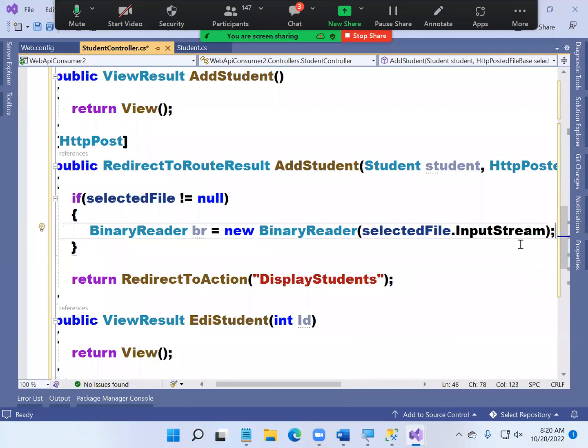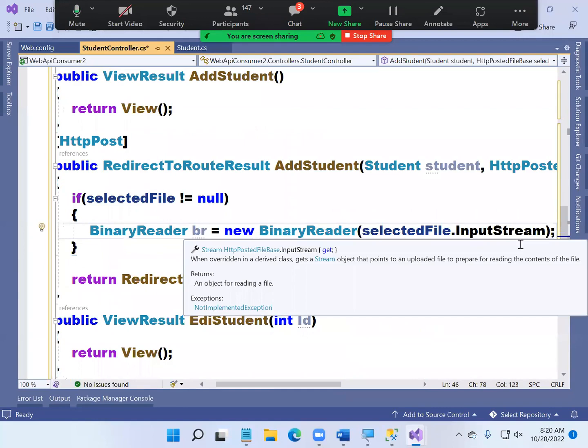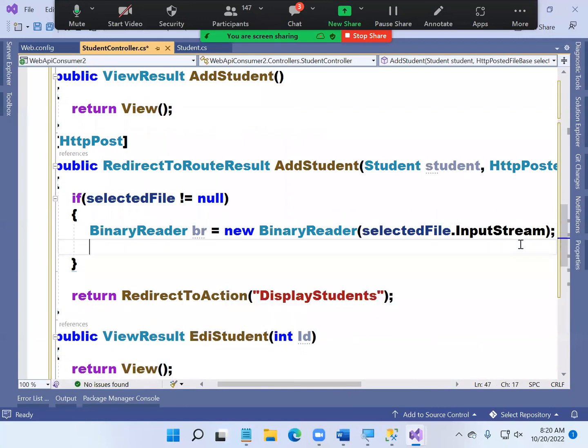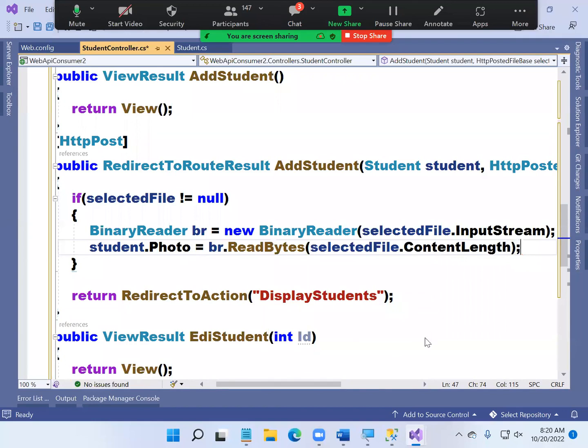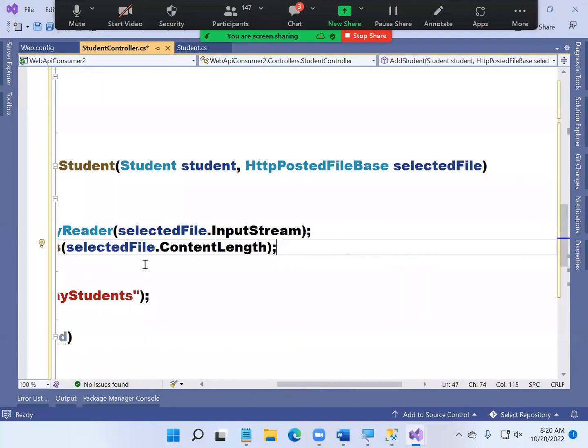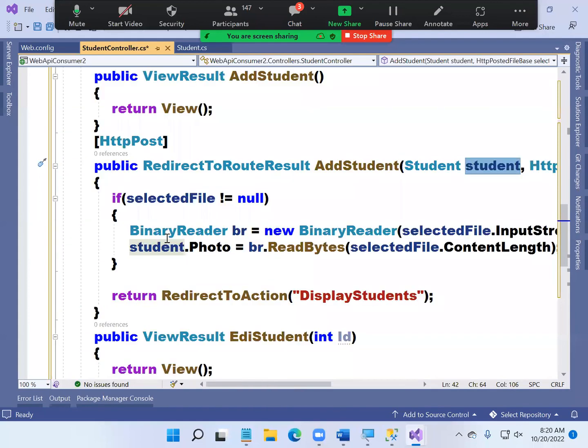Okay. Next, student.Photo equals br.ReadBytes. How many bytes to read? selectedFile.ContentLength, all the bytes. Now see, from the model into the student, ID and name will come. And now if an image is present, I'm also assigning the image now. Now tell me, the model has all the three values: ID, name, photo. All three values are present. Okay. What next? Now,